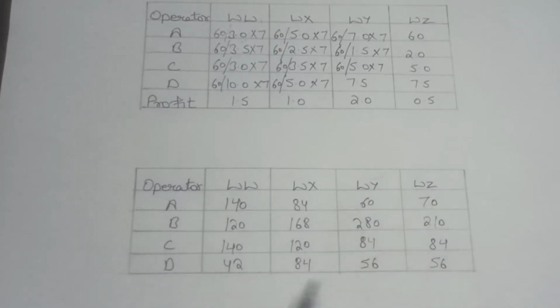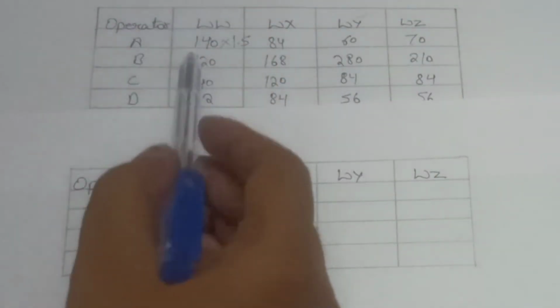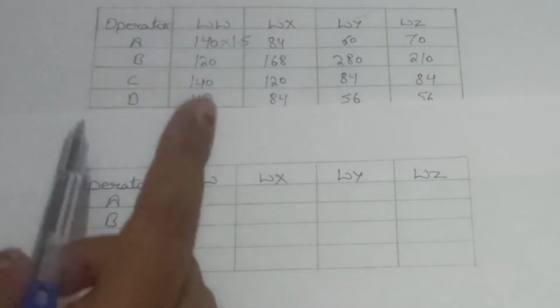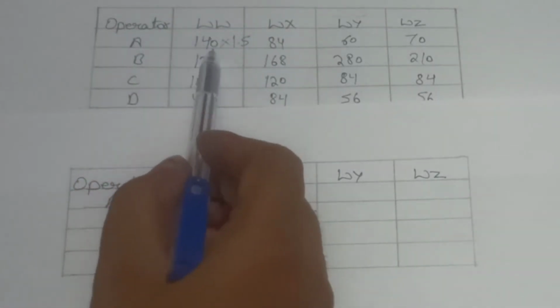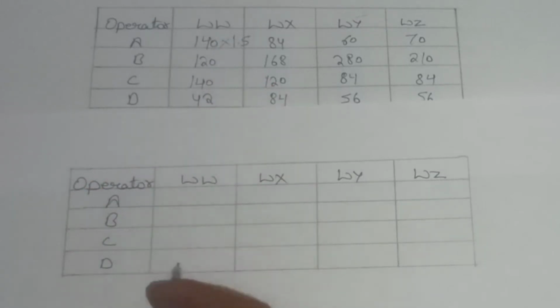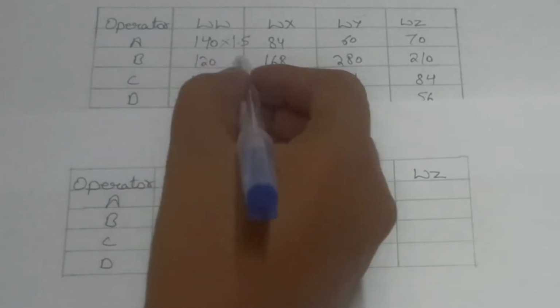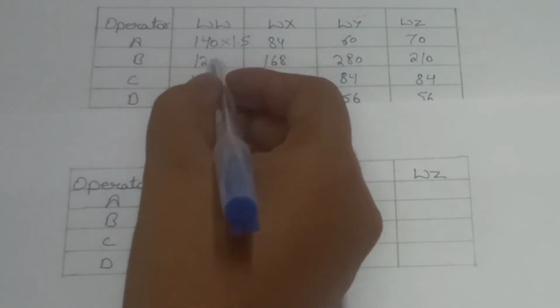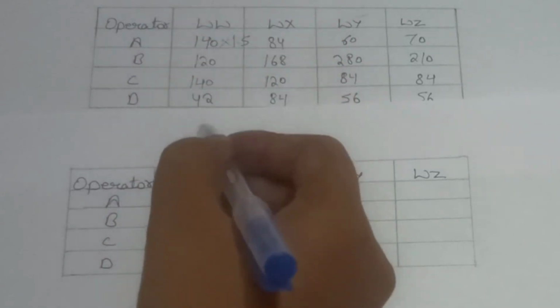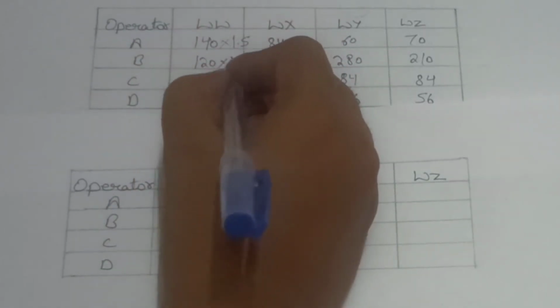So students, this is the matrix. We will calculate all this matrix in this way. So now we will calculate our profit. We will use this matrix and we will use this profit. Like we have 140 products and 1.5 is the profit for one product. So total profit will be 140 into 1.5. So here we will write 210. 1.5 is the profit for one product of this column. So we will multiply 1.5